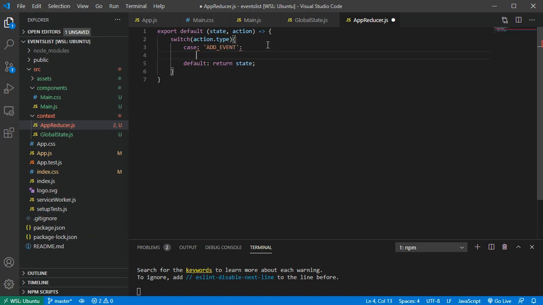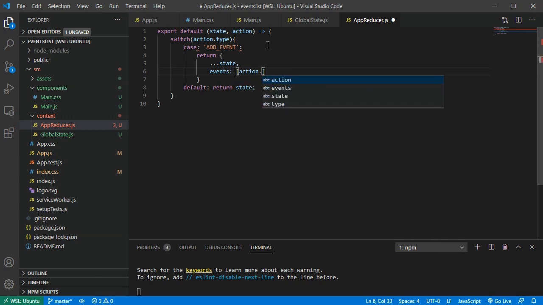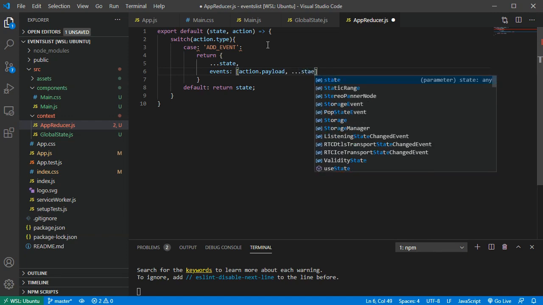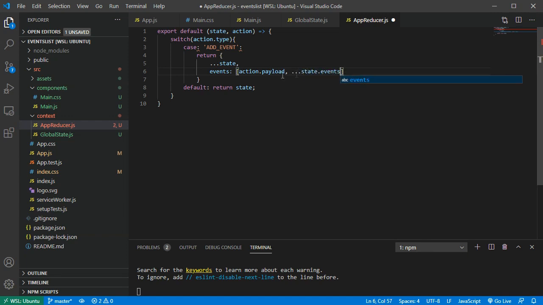Alright, and this add event case is going to return the current state, and then here we assign the new state to the current state, which is events. So we have events, and then we have the action.payload, and here is the state.events. All right, we've got that here. There's an error somewhere here. Okay, I shouldn't have these semicolons here. Okay,